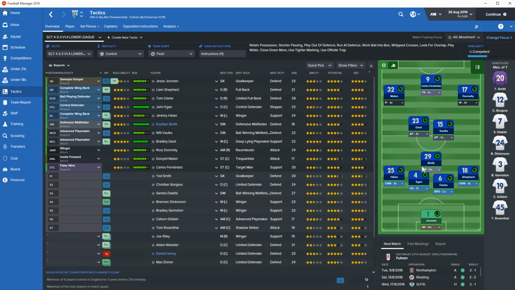Ever since they integrated that, I find Steam Workshop is amazing, and I basically will find a few tactics on there because I'm a bit lazy to sit there and work out all my own tactics. So I usually just find a few on Steam Workshop and I try them out and I find one that I like. So this one is one that I really like, where you can actually play like a possession style